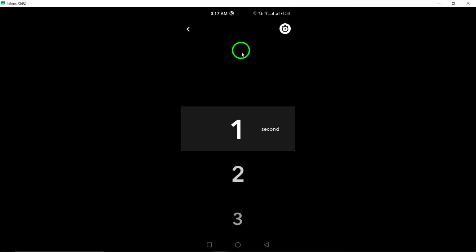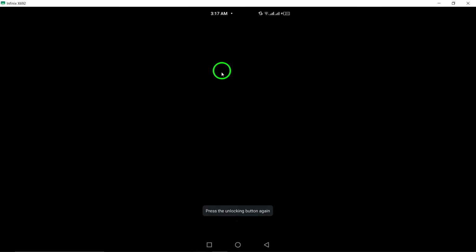Once you have set the timer, you can add any additional text or drawings to the snap if you like. When you are ready to send the photo, simply tap the send button. The one-time viewed photo will be sent to the recipient, and they will only have one chance to view it